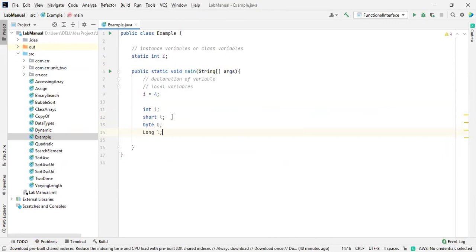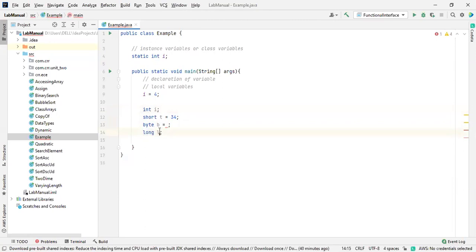So how does the compiler come to know whether it is a particular variable or not? This should be a small letter, sorry. A primitive data type starts with a small letter. So short will take a value like 4 or 43, whatever it is. According to our usage, 99% of the time we will consider the primitive data type int for whole numbers. In some conditions, long is necessary for big numbers.